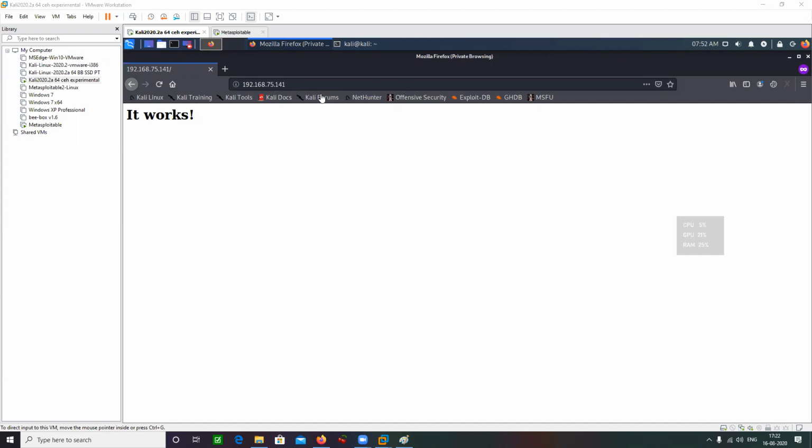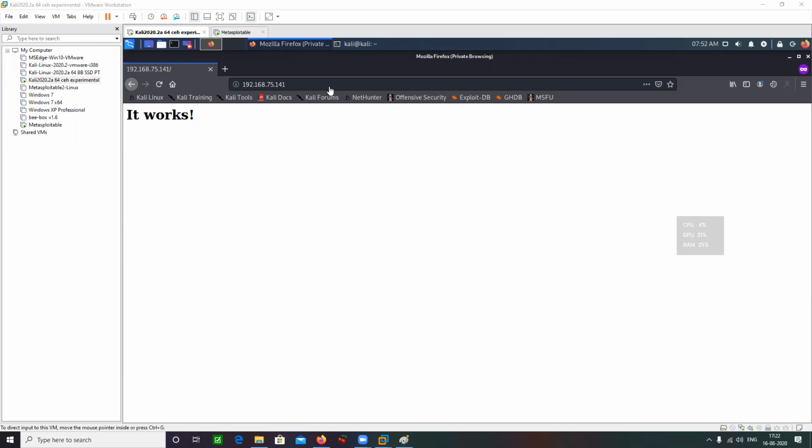So actually, this is not a dead end. From this point, what I can try doing is directory brute forcing. I hope you understand what brute forcing means. Try to find robots.txt.